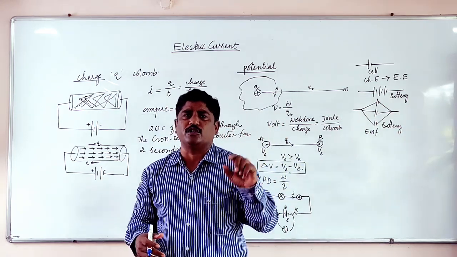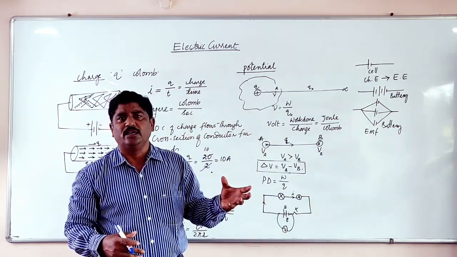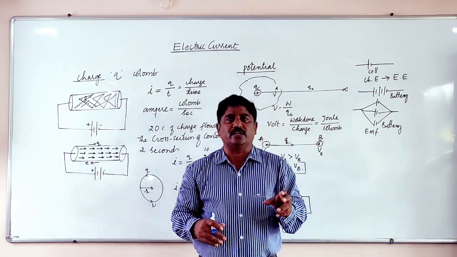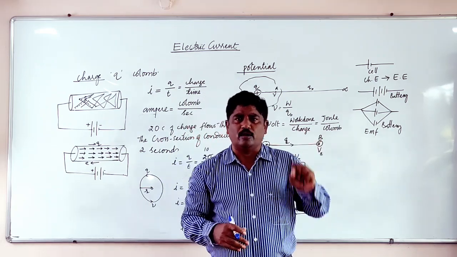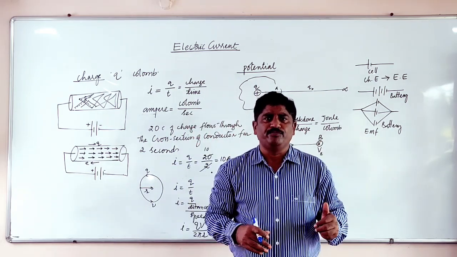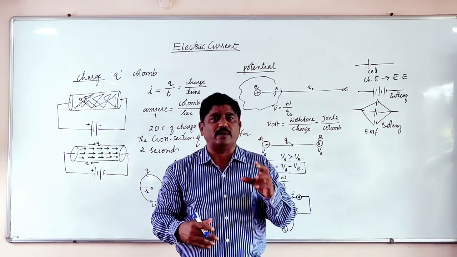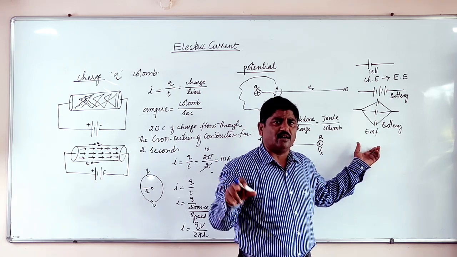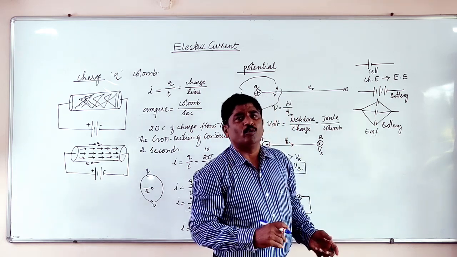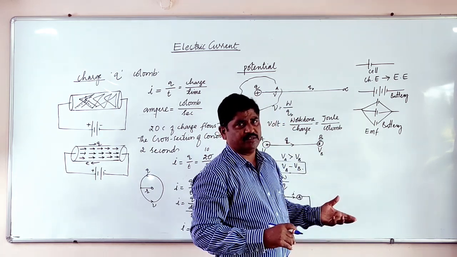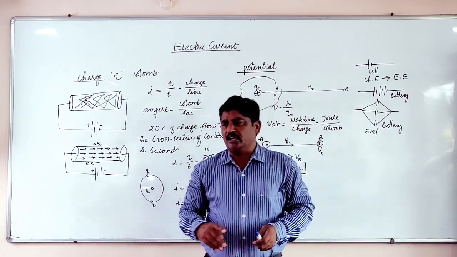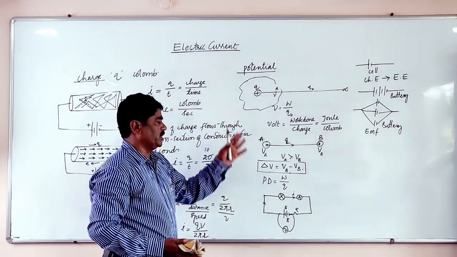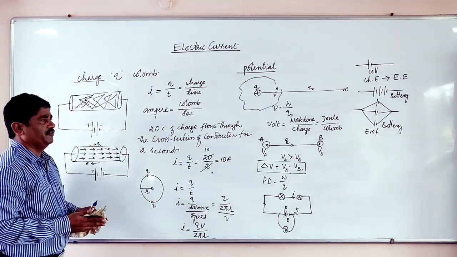If one bulb is switched off, then the entire circuit collapses. But our household circuit is connected in parallel, because we can operate only the required appliance and the other ones can be switched off. So it is according to our convenience that the parallel connection is made for the household. The entire house is maintained at a common voltage, that is the household voltage. So in this way, we learn about potential difference and the current definition.